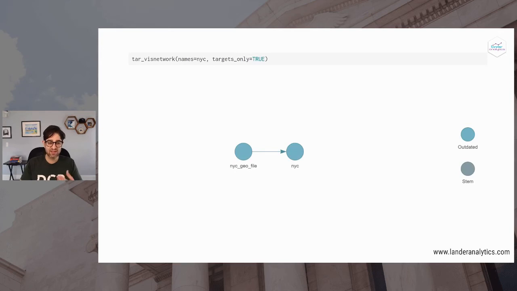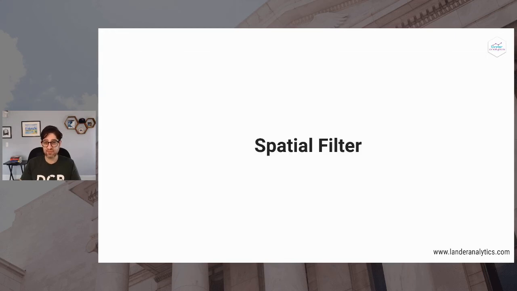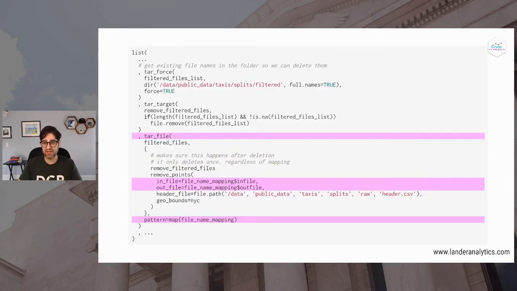This part of the DAG has just two steps, checking if the file has changed on the internet and reading it into an SF object. You can see that these two steps are completely disconnected from the rest of the DAG. They're independent of each other because they don't have anything to do with each other for now. Because next we are going to do our spatial filtering, and that's going to combine our data and that map file. To do this, first we make a list of any existing filtered files in our output directory, and we delete them all. We don't want them around because we don't want overlap.